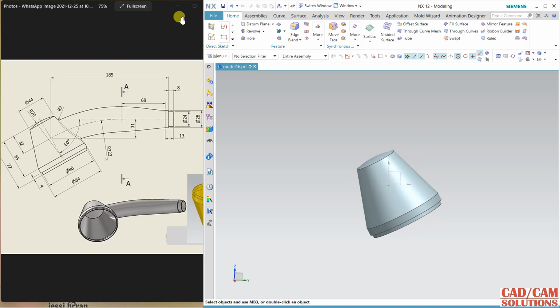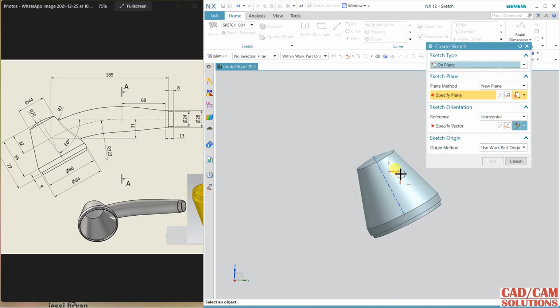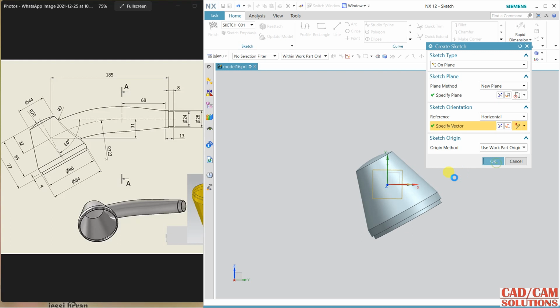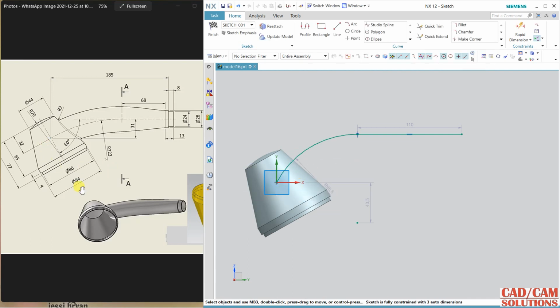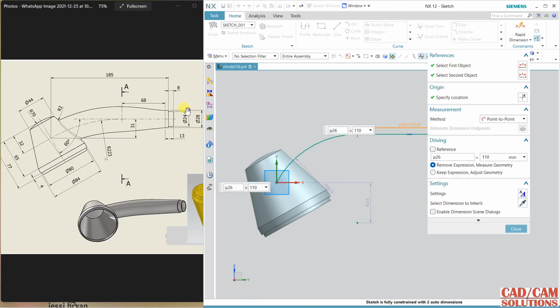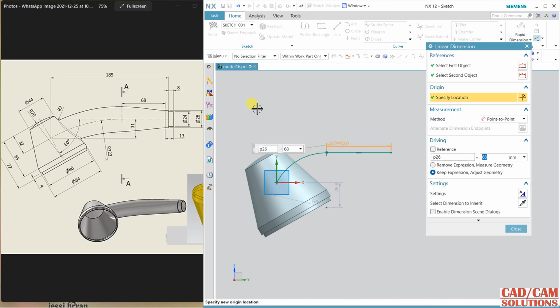And for the next step I'm selecting the same plane, and here I'm starting with a line and click for second, press the left click and drag. Arc will come automatically and my arc is touching this center. Now dimension it, this length is 68, and here this radius,